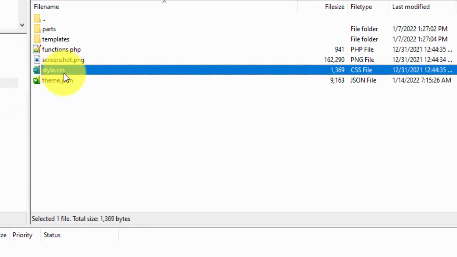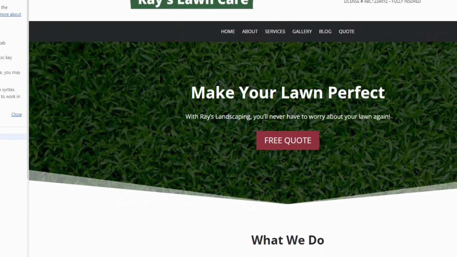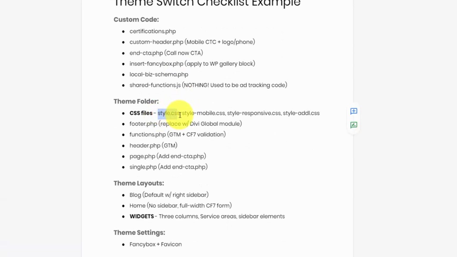This one just has a style.css file. On my website, you can see here that the old theme I was using generated these style.css, style responsive, which applied to tablets, and then style mobile for mobile sized devices. So it's just good to have a backup of any of these, because obviously most of your design is going